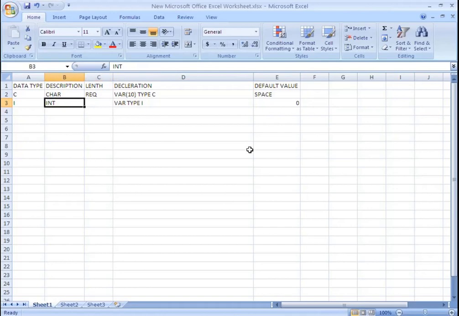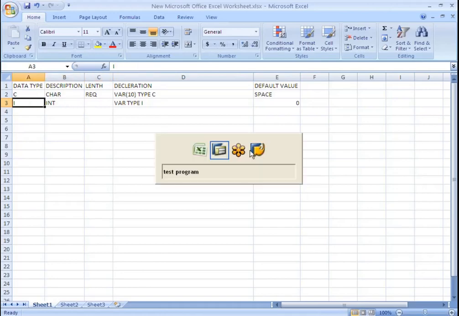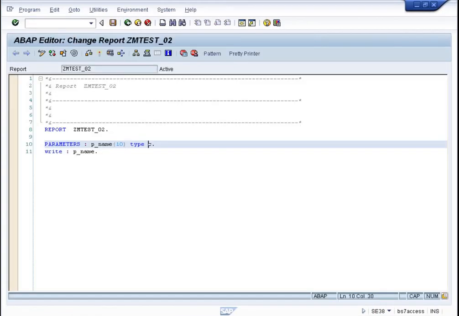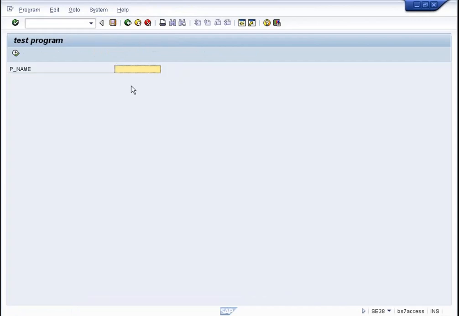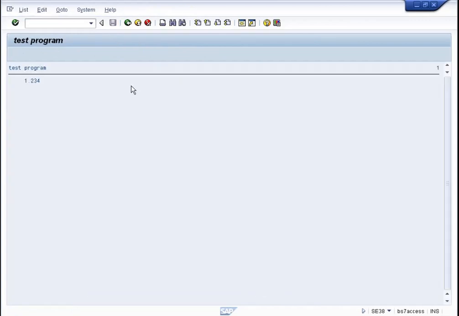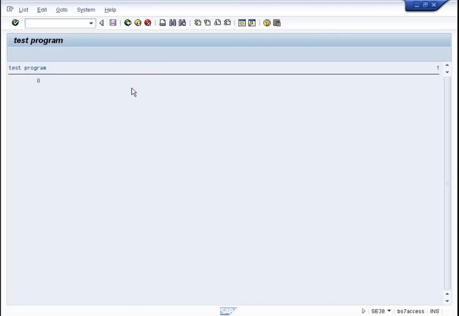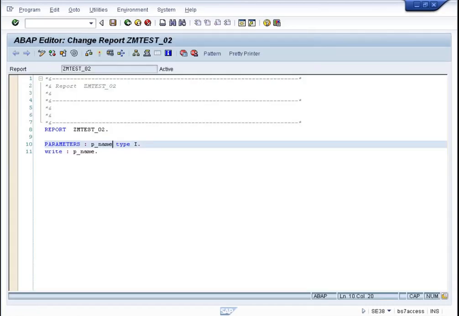Next, if you declare some variable as I, length specification is not required. Automatically it will take the size. Here if I give 1, 2, 3, 4, the output is coming as 1, 2, 3, 4. If I don't give anything, what will come? The default value is 0 for integer. Next, the next data type is